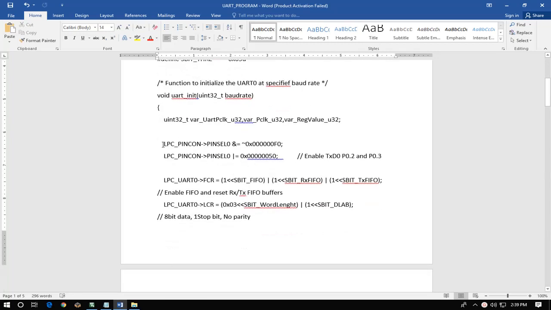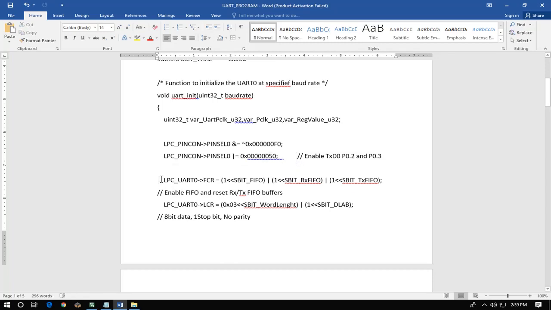To set the baud rate, this is a function written where UART initialization is done. Here, first the LPC pin select 0 upper 4 bits, the upper nibble, are set as output pins. After that those are made 5, so that P0.2 and P0.3 will be set as 0101. 0101 will be 5, to select the UART 0 transmit and receive functionality.